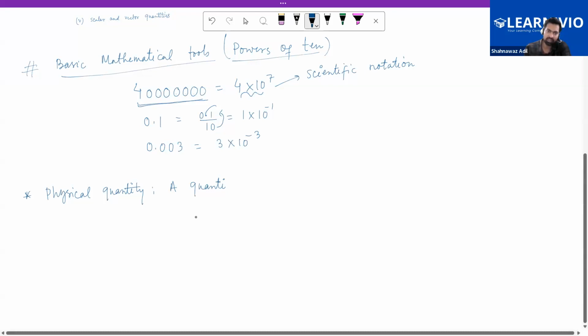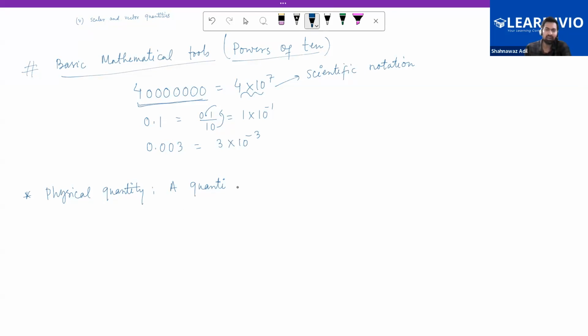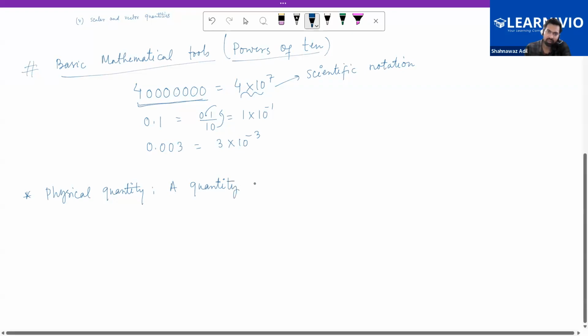So what is a physical quantity? A quantity which can be measured with some measurement tools or measuring instrument,